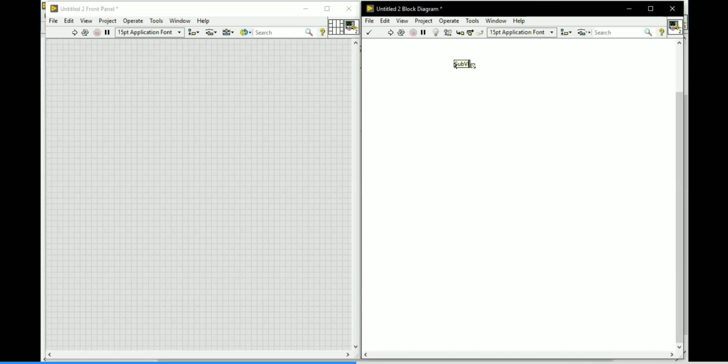If you call it a subroutine, you can use it in your main program, as Supraja and Sasi have answered, you can use it in your main VI. But in LabVIEW, instead of subroutine or subprogram, there is a sub VI. Sub VI means a VI within a VI. A VI within a VI. Kindly make a note of that.